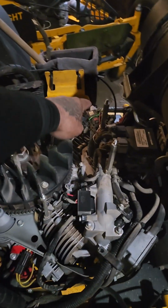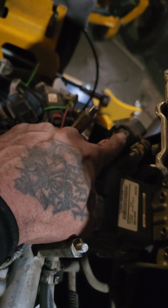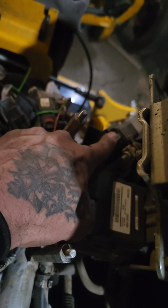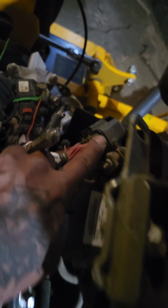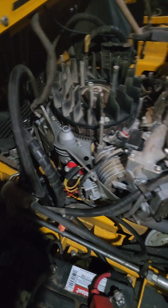I had to replace a fuse up in here because it wasn't cycling. So if yours is never cycling, replace the fuse up in here, check the fuse in here, and you might get it going. But the reason why I made this video is